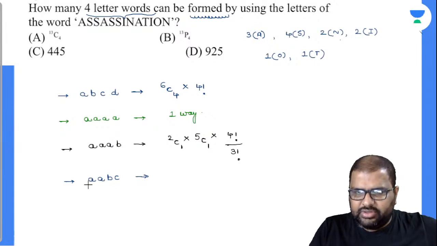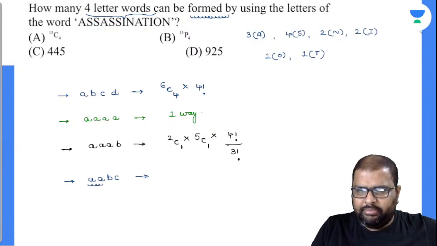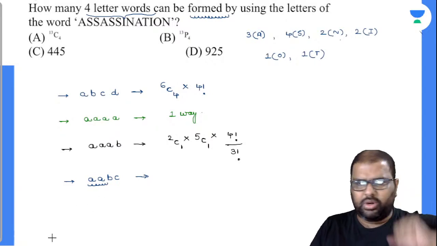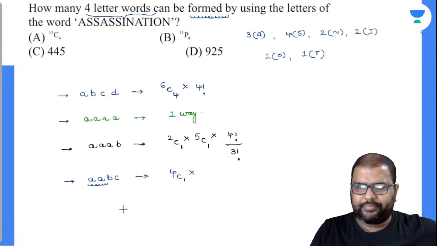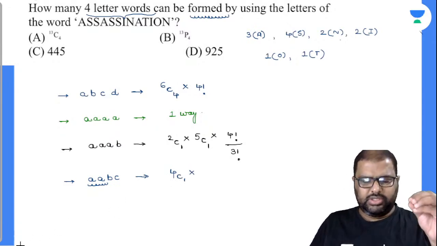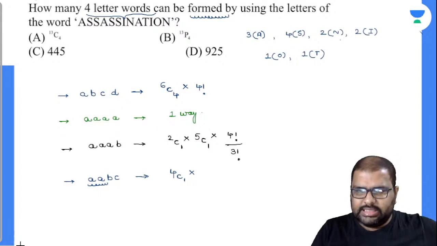First of all, I have to select for this AA. How many boxes do you have with 2 or more alphabets? I have 4 boxes. Out of these 4 boxes, I have to select one. Done. Over. Now, what most students do wrong is they select B separately and they select C